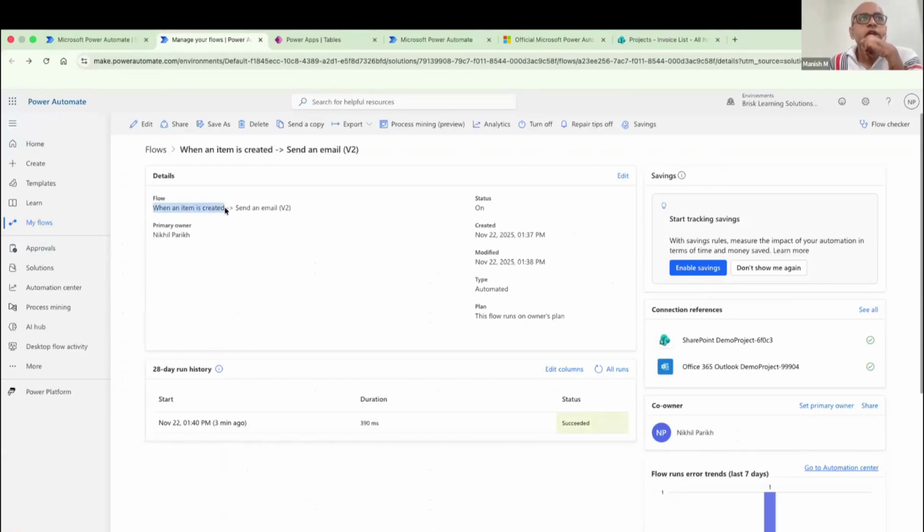So first thing over here, it shows the name of the flow that was created, who is the owner of that flow, what is the status of this flow, whether this is on or off. So I can turn this flow off also. If I turn this off, then if you add any item in that list, the email would not go. It also shows when it was created, when it was modified, the type of the flow, and which plan